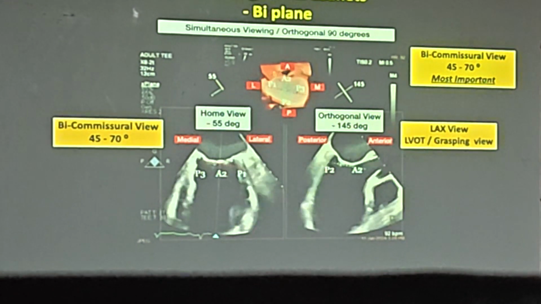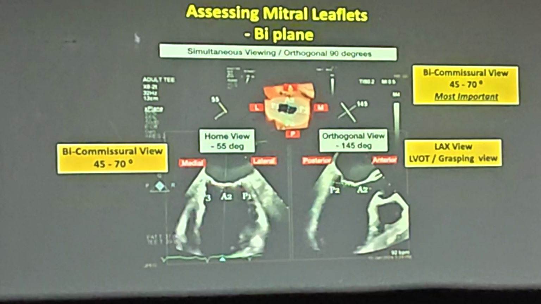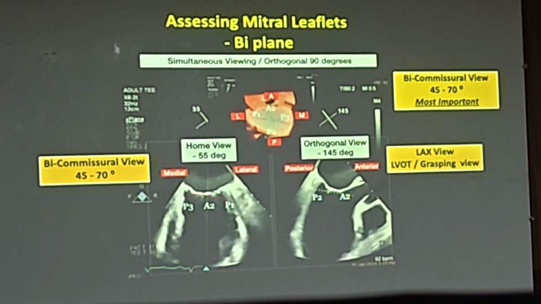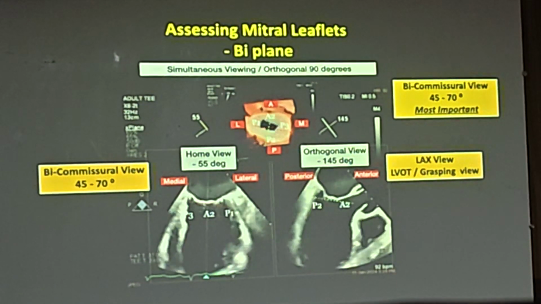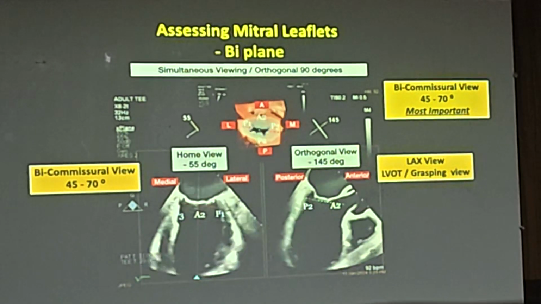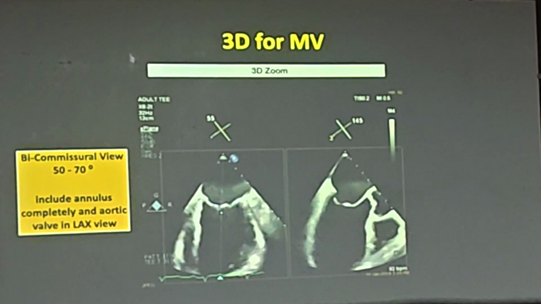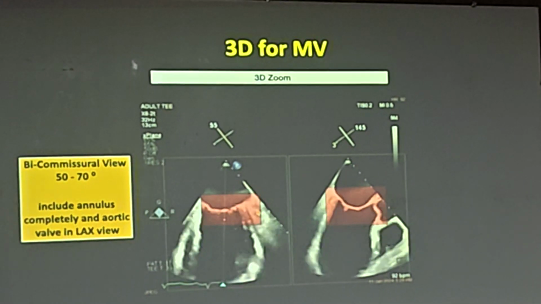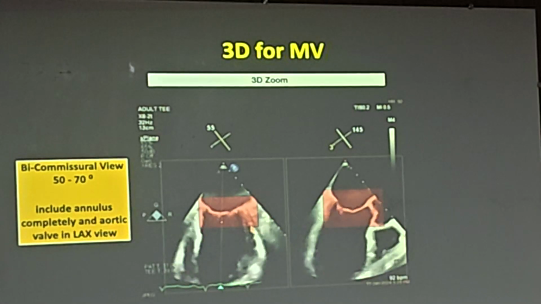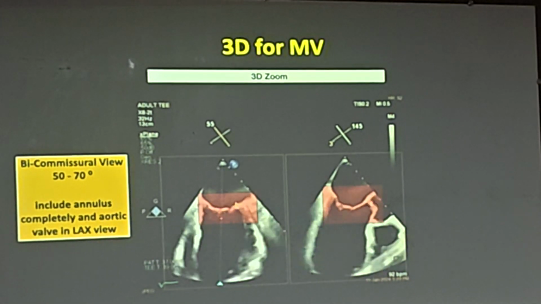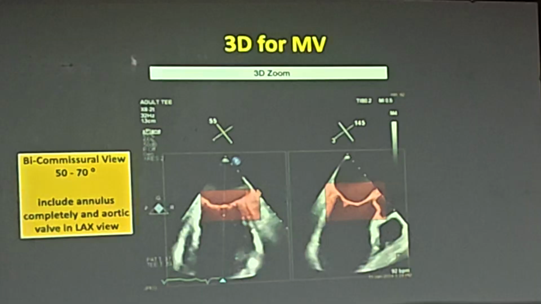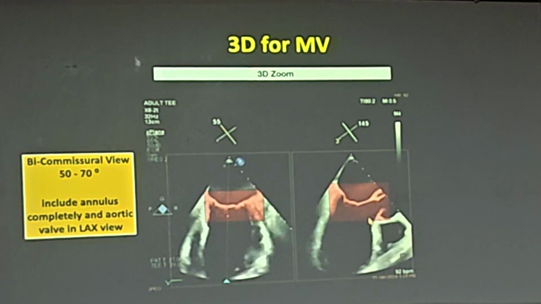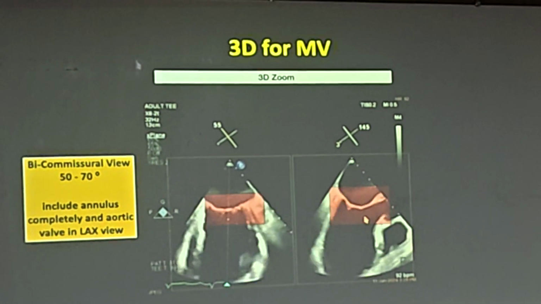Anytime you see the aorta, it's going to be anterior. So the aorta is your landmark for anterior, and the septum is for medial. Obviously the other sides are going to be lateral and posterior, and then you have the appendage also. Just to show you how the cut happens here. As far as the 3D is concerned, in an ideal way the 3D box should include the annular points in both the views, and also include the aortic valve. This aortic valve is your landmark to understand the orientation.